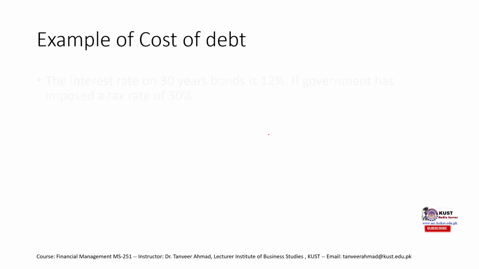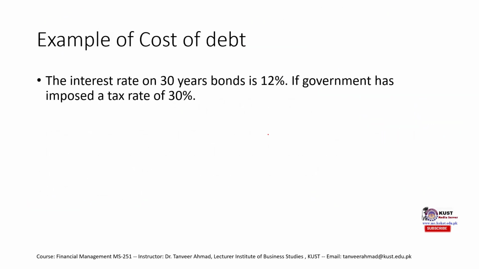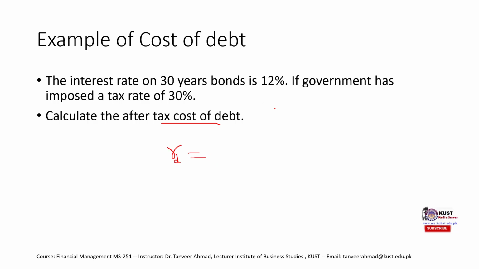Okay, let's have an example. The interest rate on a 30 year bond is 12%. Remember, a bond is also a loan, a liability. If the government has imposed a tax rate of 30%, then we need to calculate the cost of debt, and the cost of debt would be RD. RD denotes cost of debt, which is equal to 12%, the nominal interest rate, into 1 minus 30%, the tax rate,